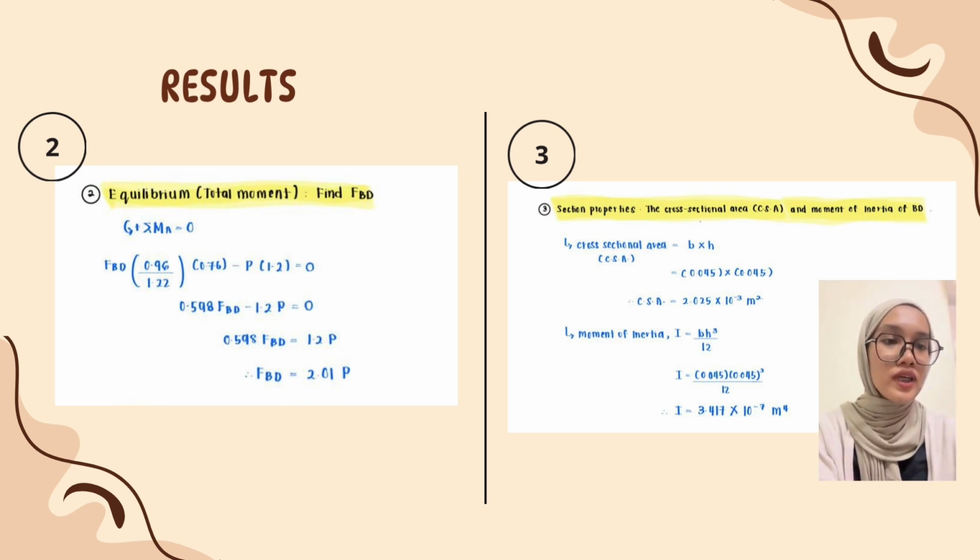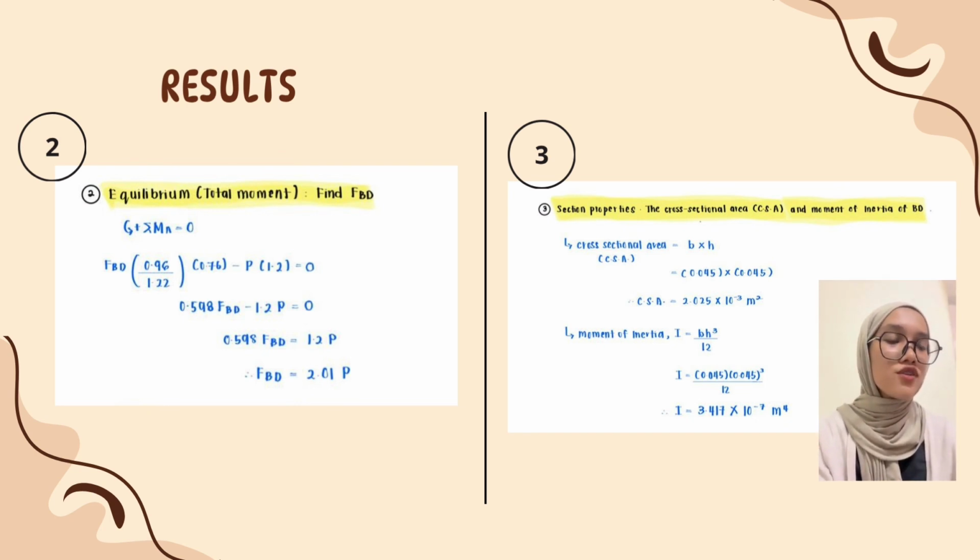So we write force BD times 0.96 over 1.22 times 0.76 minus P times 1.2. So we got the force on BD 2.01 P. So for the next step, for the section property step, we find the cross-sectional area and moment of